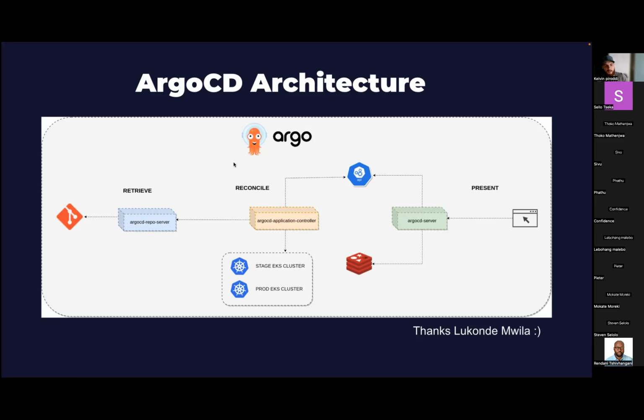You can imagine every time it does this reconcile, we can't expect the application controller to continuously go to Git, render the manifest again and then check the cluster. The performance would be too slow. So it temporarily stores them in Redis, and then uses Redis to compare what's in Redis to what's on the cluster.